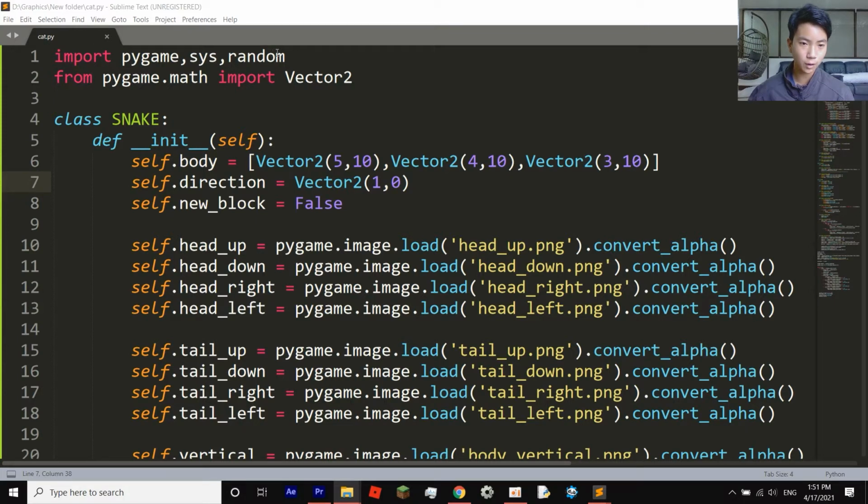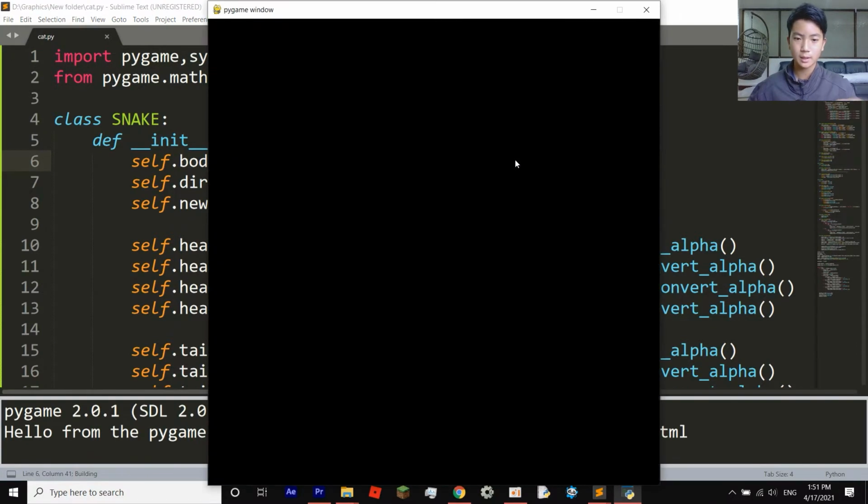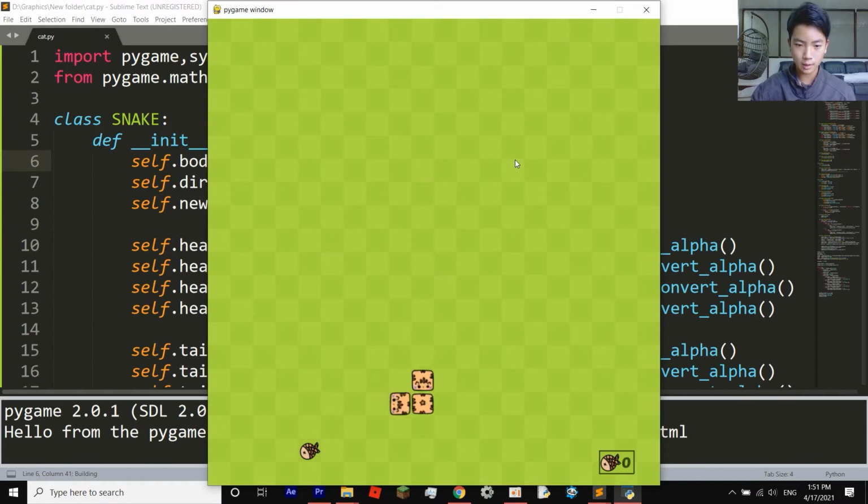So first of all, you can see that my thing is called cat, and let me just do a test run for you because it might be a little blurry at the beginning. So here we are. So we have a little cat character. Yeah, that's the sound. So we have a cat character. This is based off the game Snake, as I said earlier, but we modified it so that it's kind of custom for us. So here we have cats that my sister drew, and it's really cute, and it's basically a